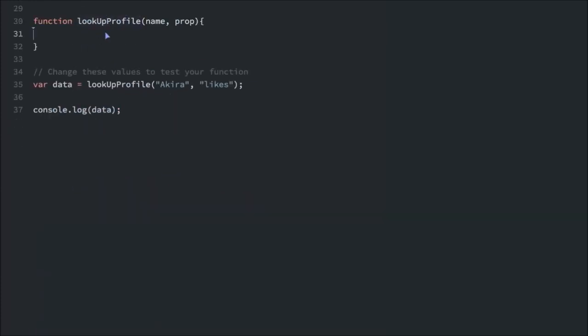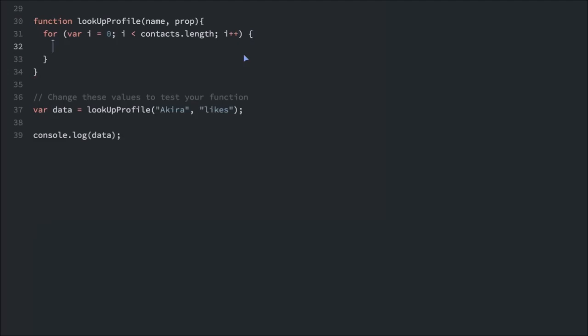So let's go to this function here and start creating it. So the first thing we're going to have to do is iterate through each element in the contacts list. So let's make a for loop. So for var i equals 0, while i is less than contacts.length, and at the end of each iteration, we'll do i++ to increment that. So for each of these contacts, the first thing we're going to check is if the name is a name in this list. So if contacts